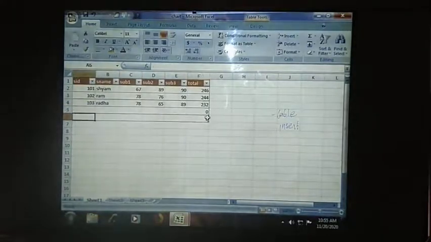If you press tab again, it will create one more row in our table. As you can see, the arrow at the corner of your table has been incremented to the fifth row. If I press tab again, it will be incremented to the sixth row also. This is the table range. The table range has been incremented to the sixth row. Like this we can use the tab key.